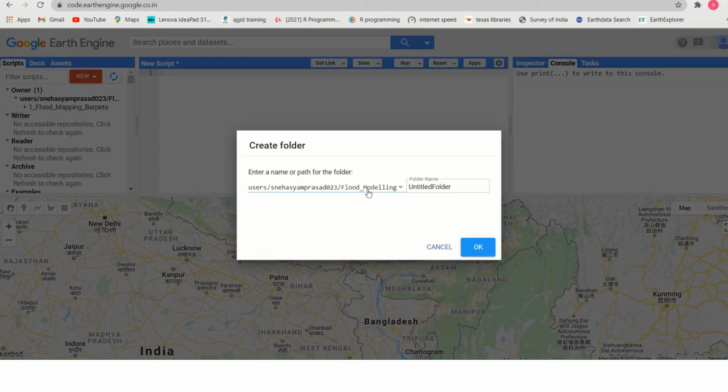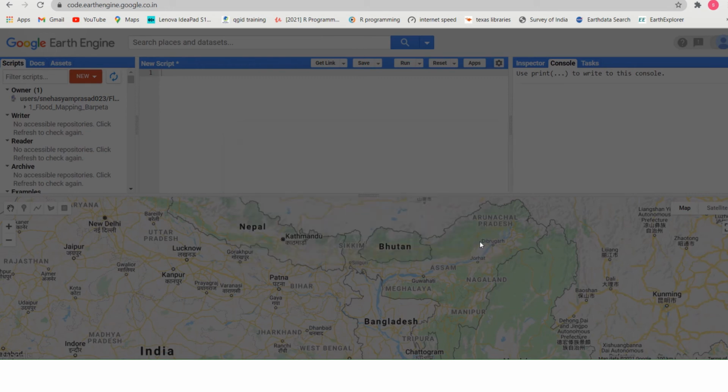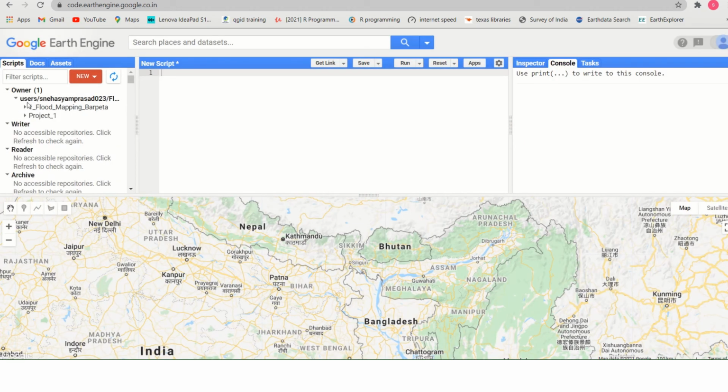I'll click on the folder and create a new folder. Give the name as project, and don't give any space, or else you have to give an underscore and 1. Okay, so you can see here the project.